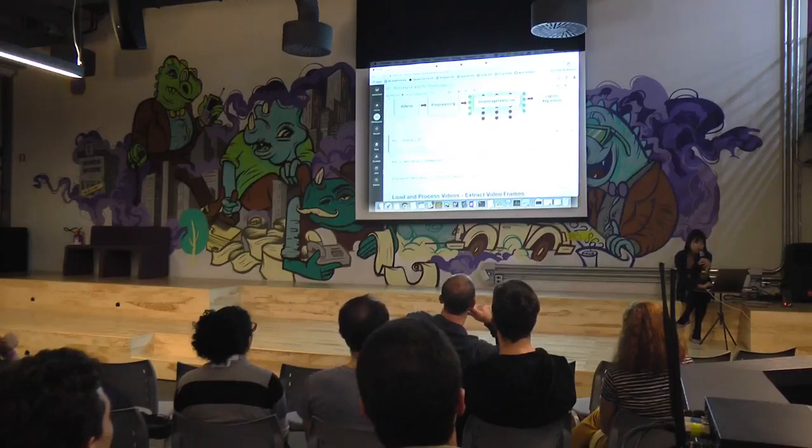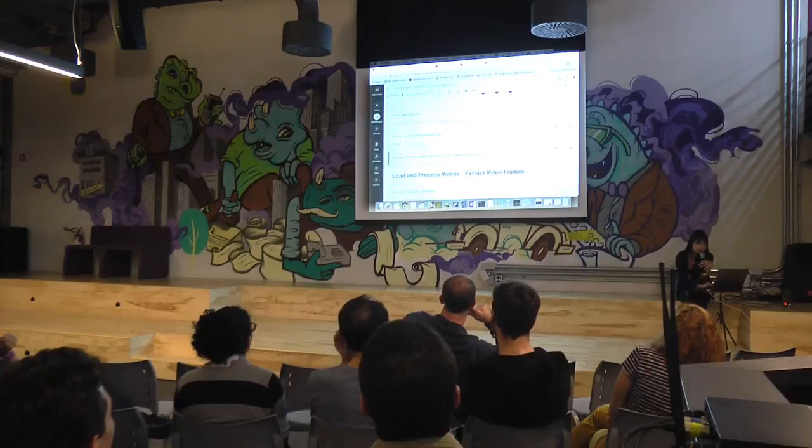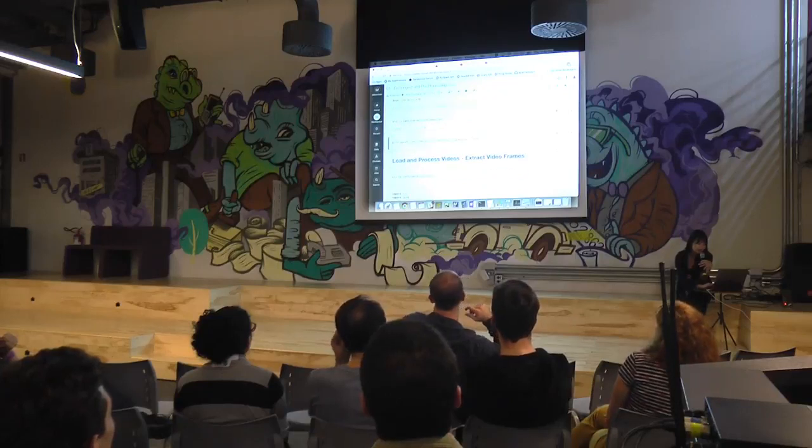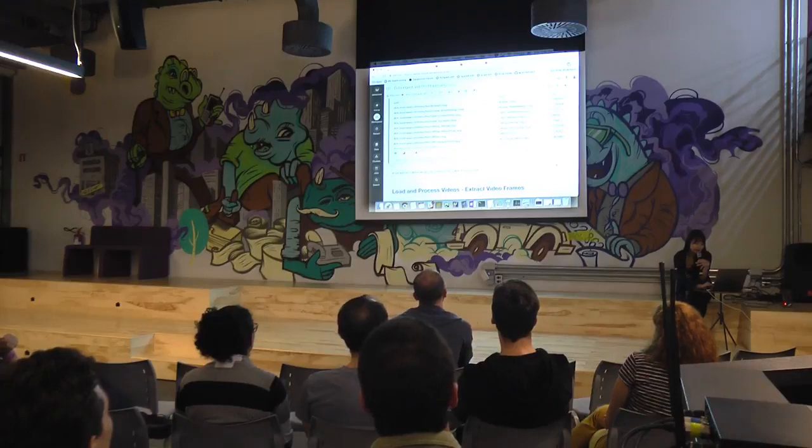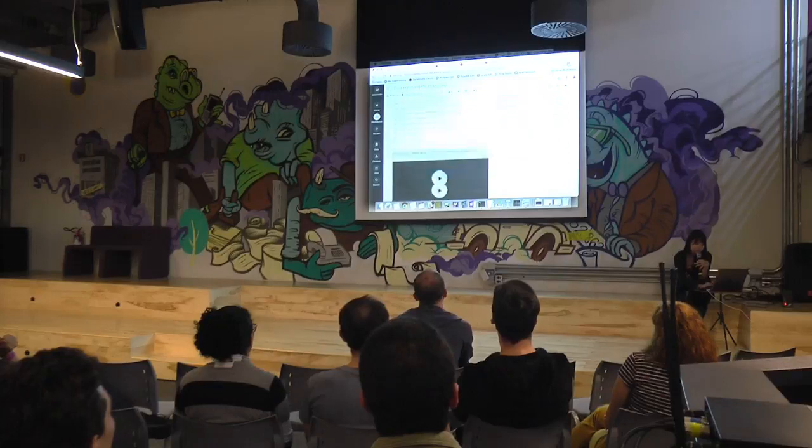Okay, so I imported the functions I needed. I'm going to do an ls command here within my notebook to see all the files I have in S3. These should be the MPG video files I have. Let's take a look at what one of these videos actually looks like.